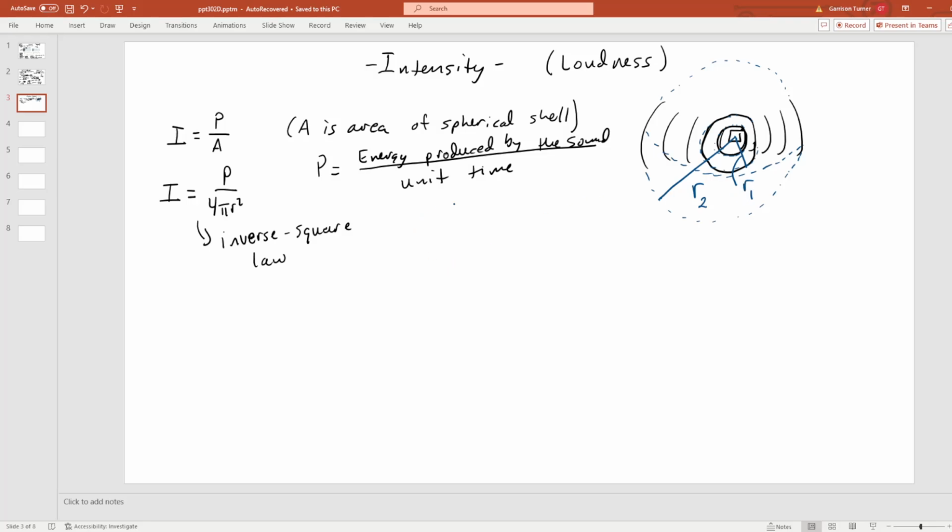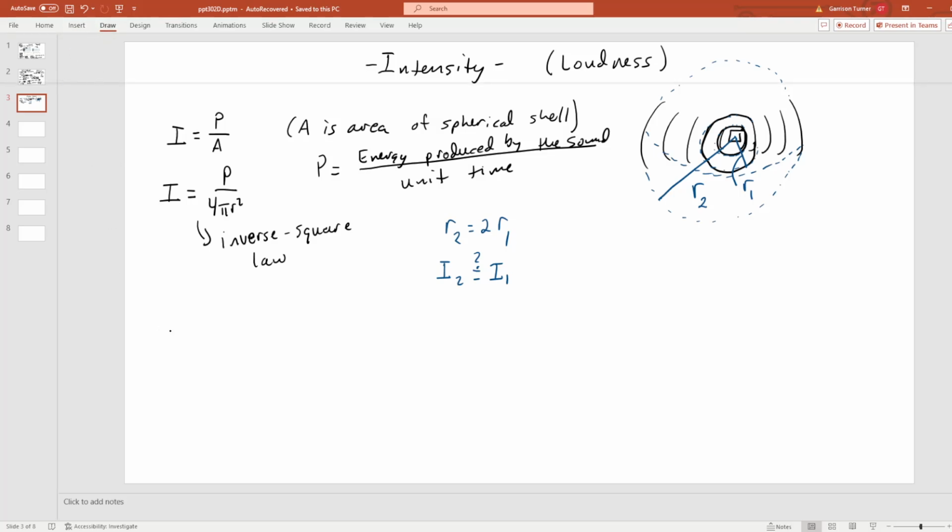Okay, so under the condition, let's say that R2 is twice as large as R1. How does the intensity of object 2 compare to object 1, right? Well,